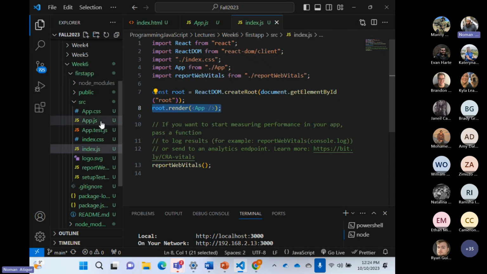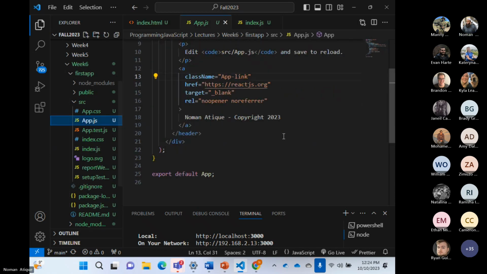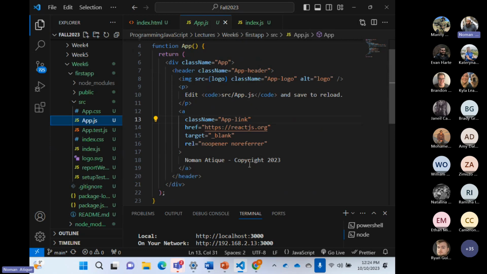Which component? The component is app.js. That is over here, where I have made little changes, and I have seen that it shows me those changes that I have made. Are you guys getting that one?